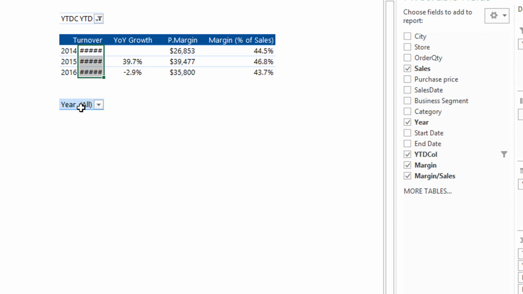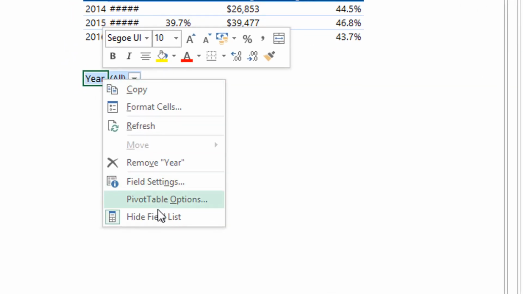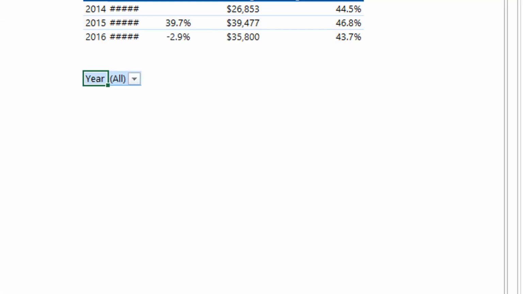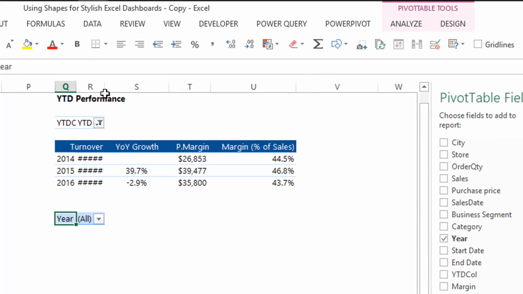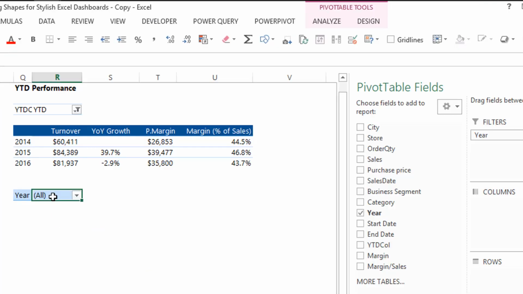You can correct that by right clicking within the new pivot table, choosing Pivot Table Options, then removing this tick and ticking "Autofit column widths on update," then saying OK. That makes your pivot table static in a sense, so it doesn't have to resize any time you insert any value. So we have the year placed in our filters,